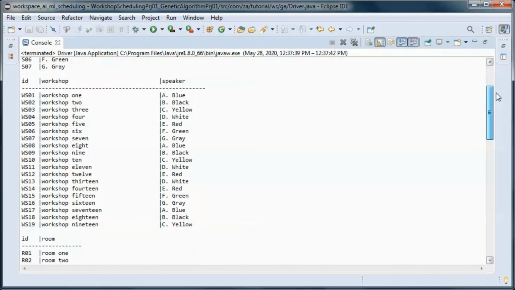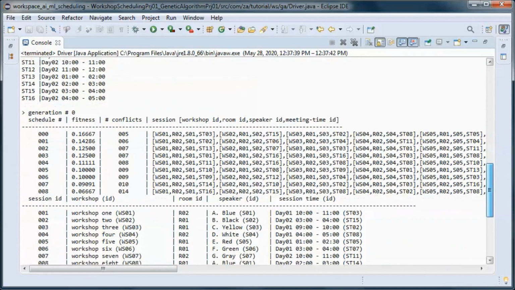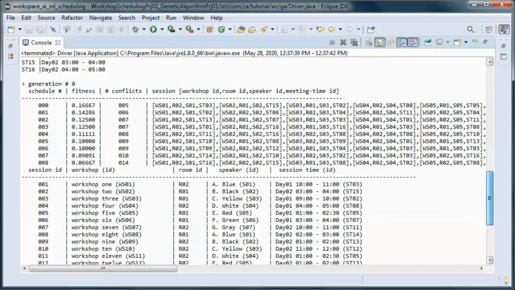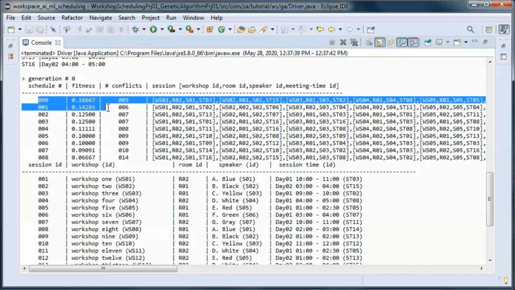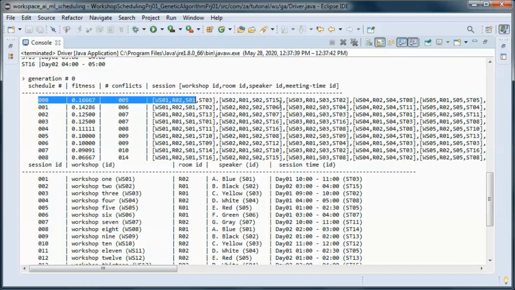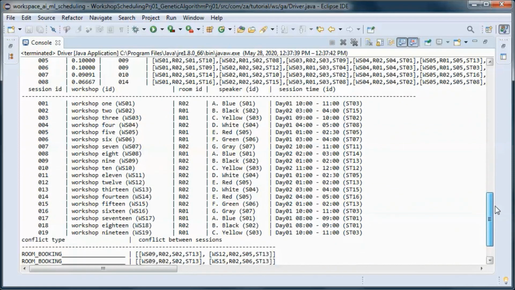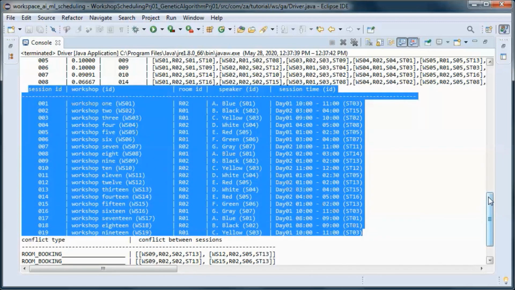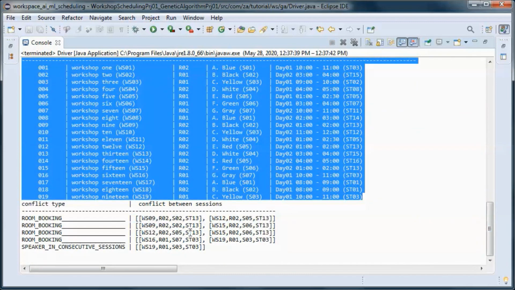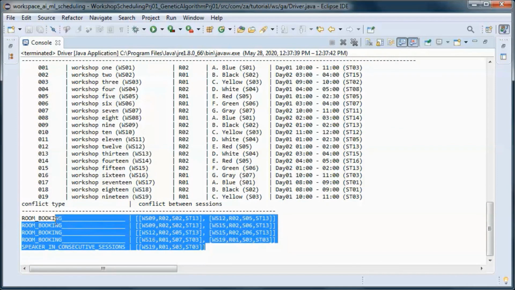So we have the input data, and this is generation 0. So the fittest schedule has 5 conflicts, and this is a table representation of that fittest schedule, and those are the 5 different conflicts.